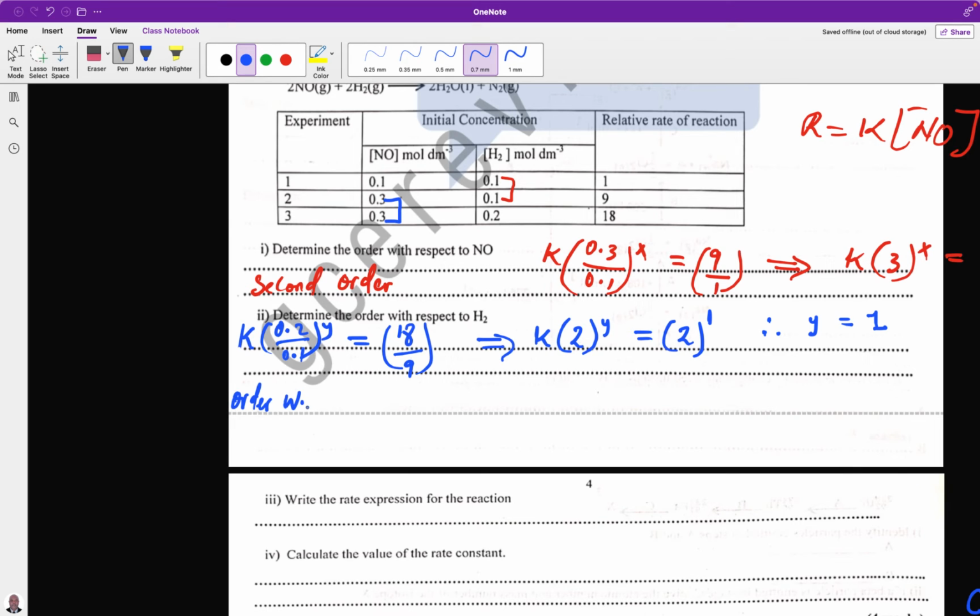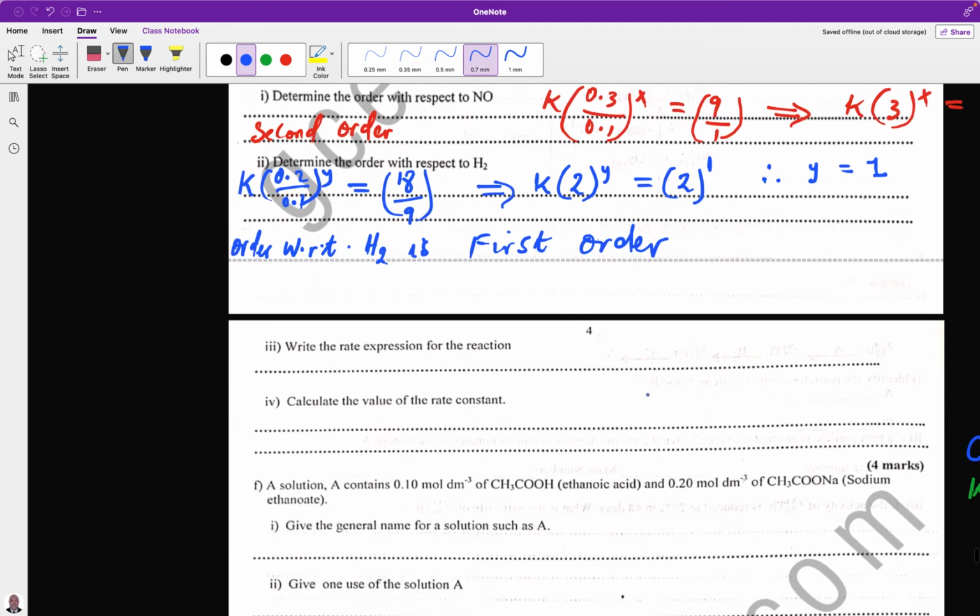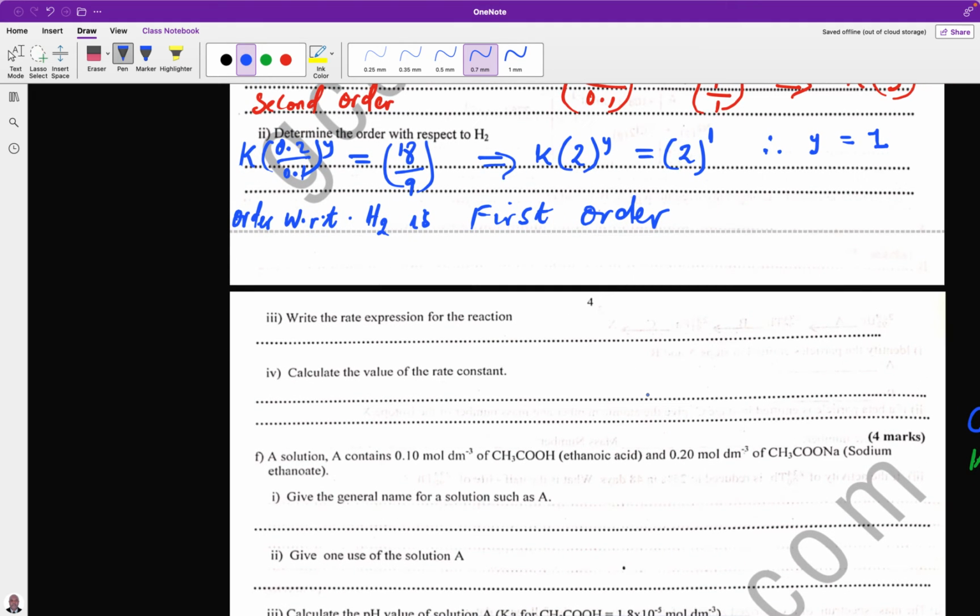Order with respect to hydrogen is first order. So we can now write the rate expression. The rate expression after calculating the order, the rate expression for them will be, the rate will be